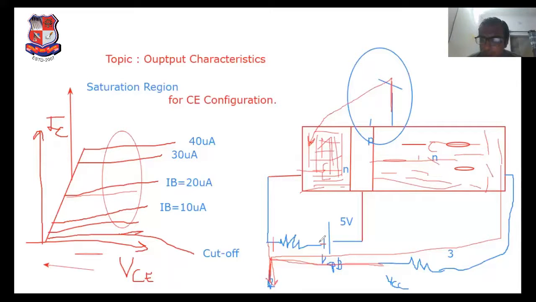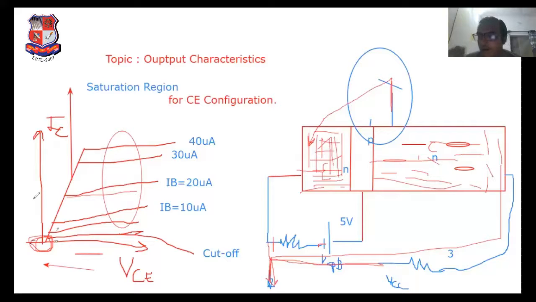Negative terminal always repels the electron. Again, negative terminal always repels the electron. So if you make VCC equal to 0, then IC equal to 0. See this. That's why this graph cannot move into saturation in the second quadrant like common base. In common base configuration, the graph always moves in the second quadrant, but in common emitter, it does not move in